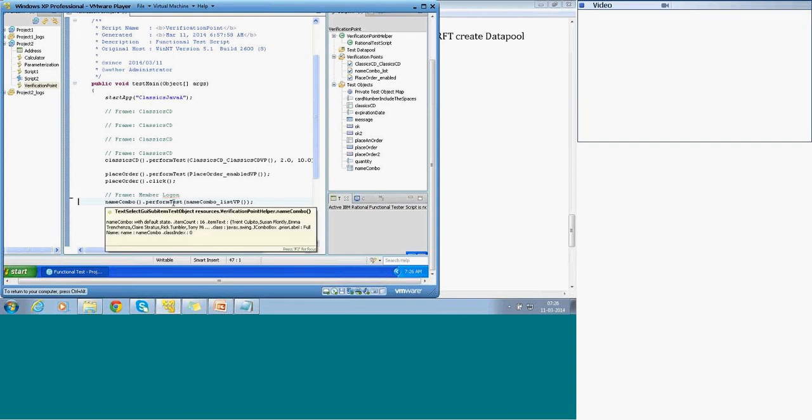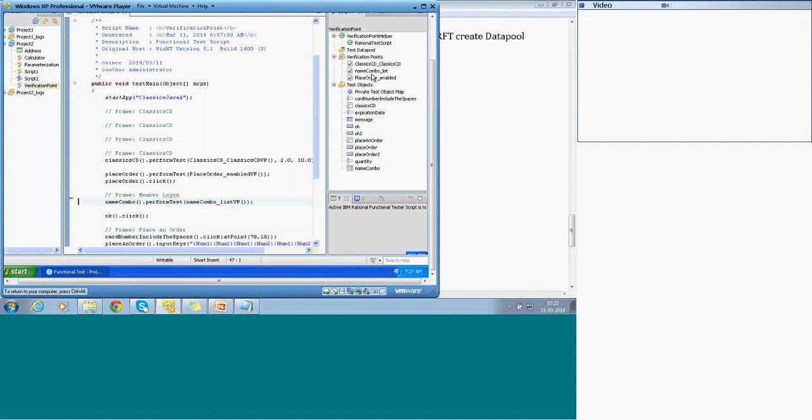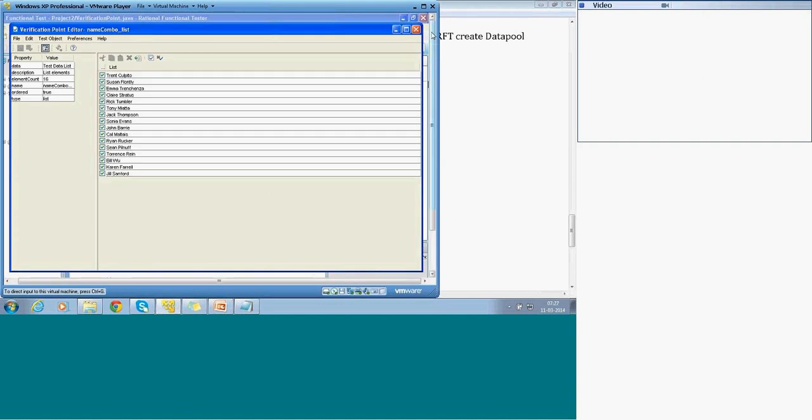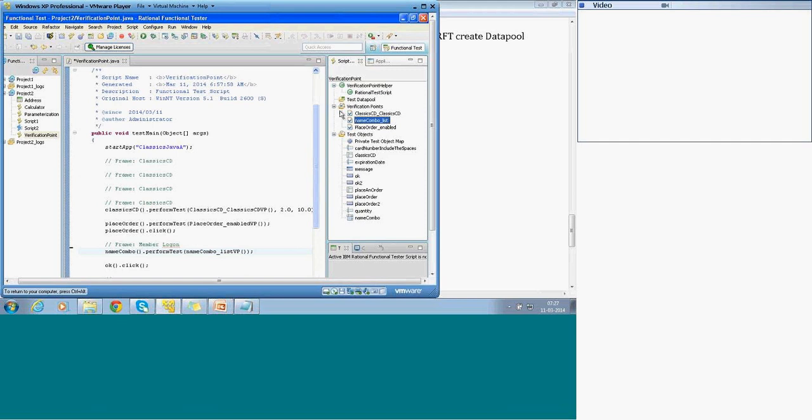Right? So this is my actual checkpoint. If you see here, there is a combo list, double click, you get this. So this is what I would like to check. If I don't want to execute a line, I just comment it.